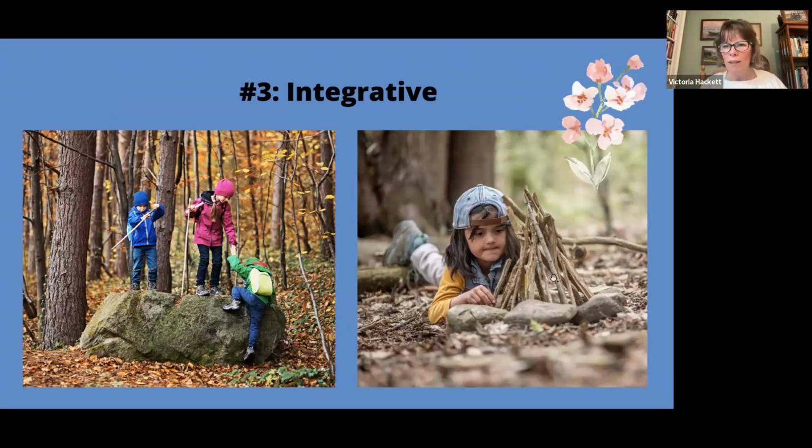What's the problem solving that's going to go into creating a hut or a home for an animal? And how can they transfer these skills? Maybe we're giving them a project. How can they transfer these skills into the real world? They are in the real world, but outside of your outdoor classroom. So really thinking about those questions. What questions can we ask that make it an integrative activity?